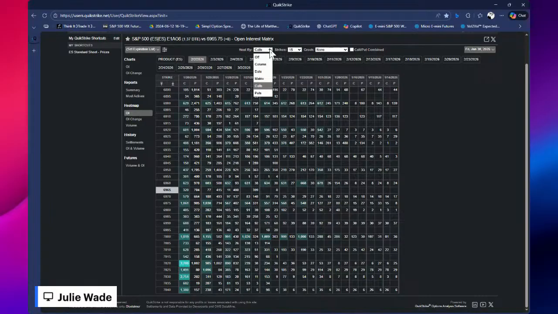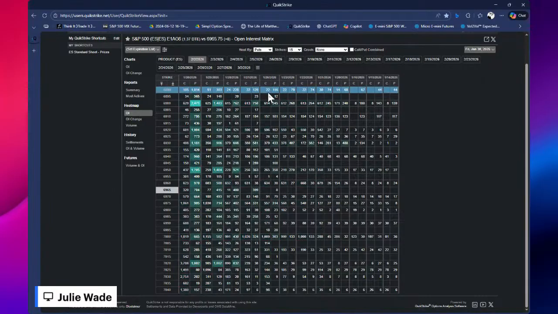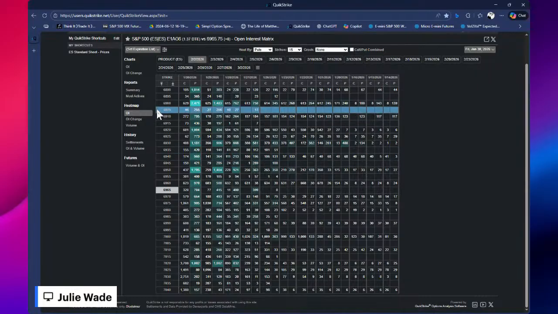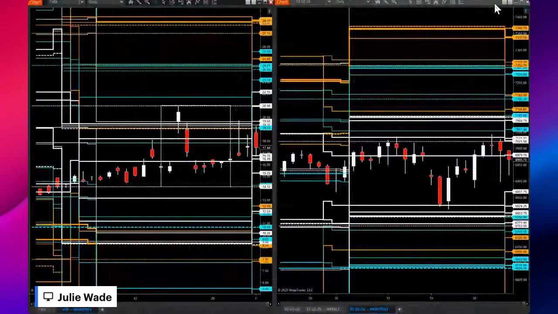So if we want to take just a look at the puts, you can see they're below up here, and it looks like that 69.50 is the first support. Maybe 69.30 if it breaks, or 69.20, and then definitely 6,900, but it looks like 69.50 for that first support area